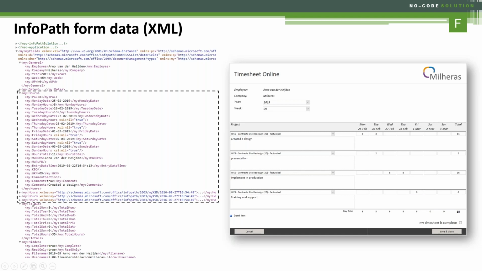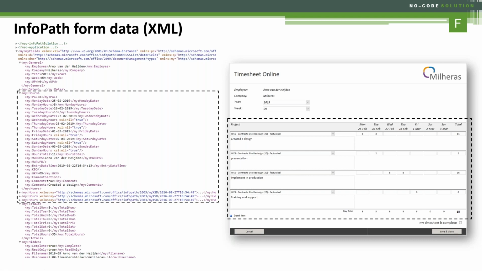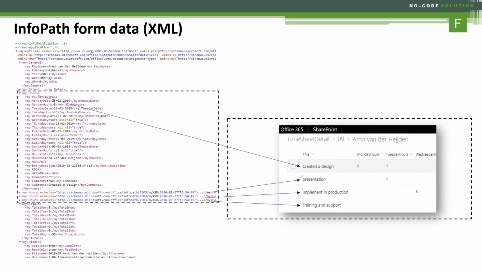So there's another one here, another one here, another one here. And I would like that to go into, as you can see, that represents the area of the form where you have the repeating table. Now, wouldn't it be nice to have that transformed into a SharePoint list, a plain SharePoint list that you have